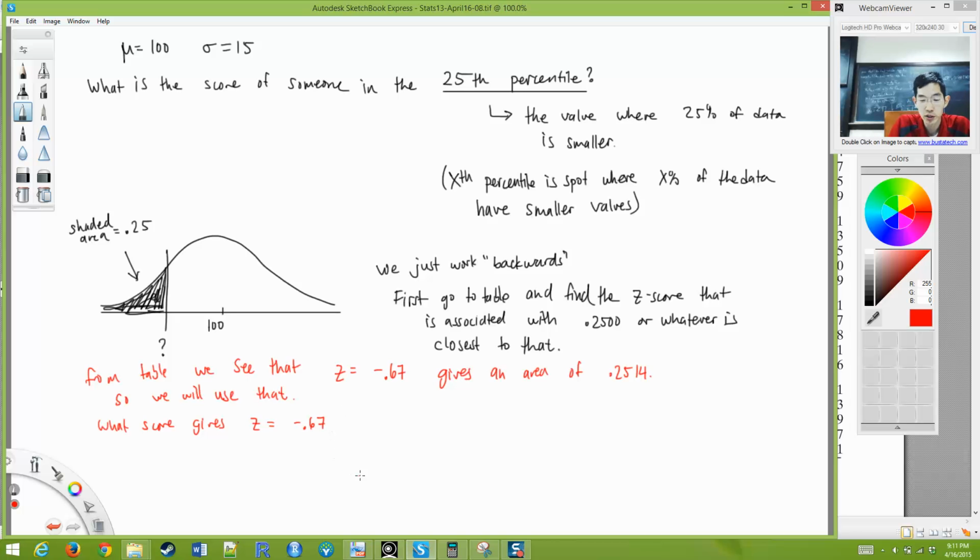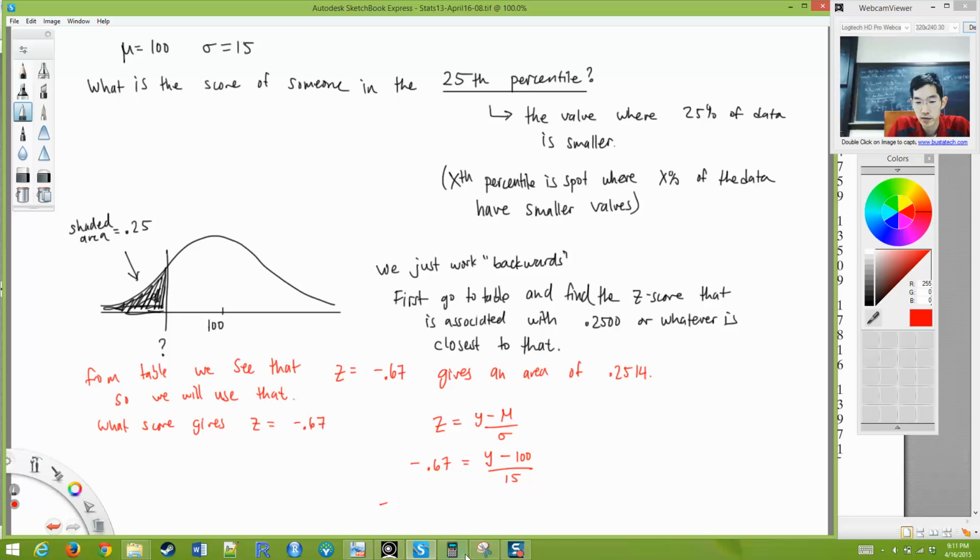Well, we can just work backwards with the z formula. We have z is equal to y minus mu over sigma. So I'm just going to say z is negative 0.67. That's equal to the y, which we are looking for, minus the mean over the standard deviation. So I multiply this and I get